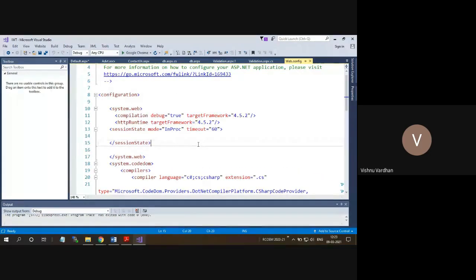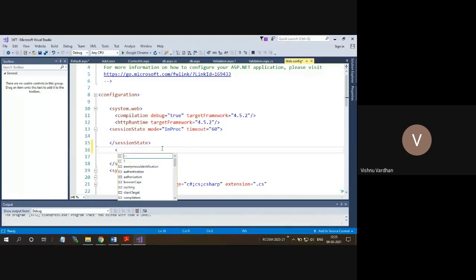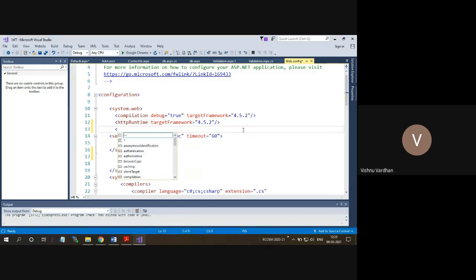This particular configuration file, we have some settings like authentication, client deployment.